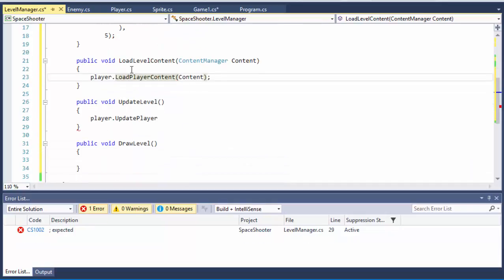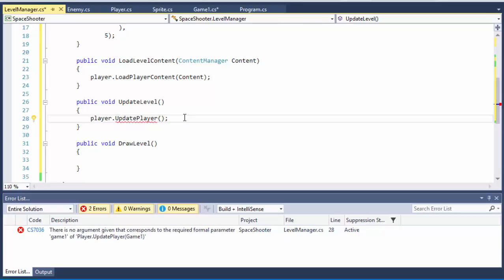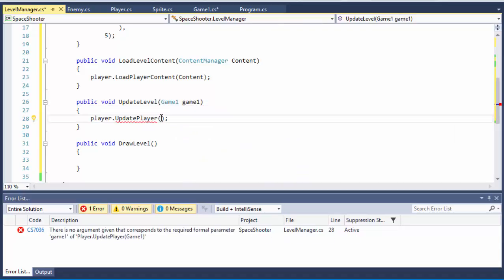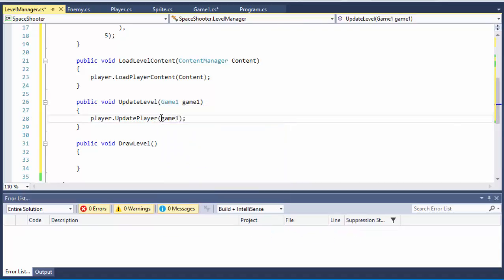Yeah, that makes more sense. That's why we should be using proper encapsulation, because as you notice in there, that was not what I was supposed to do. This is asking for a game 1, so game 1 there. Game 1. And